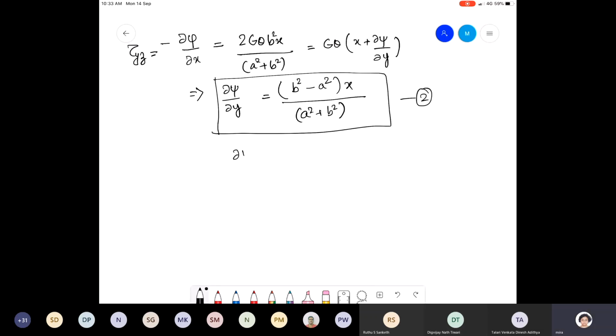and equation 1 was okay. So I get two partial derivative equations for psi. One is del psi by del x is this function, and del psi by del y is the similar function but with x. Now let me try to solve this. So if I solve this, I get psi equal to